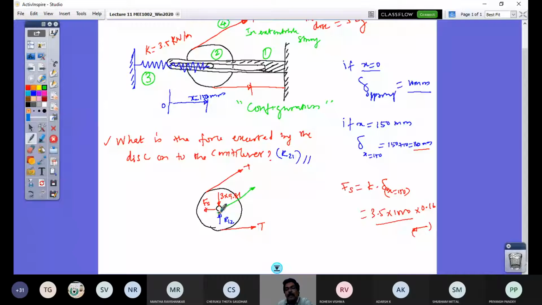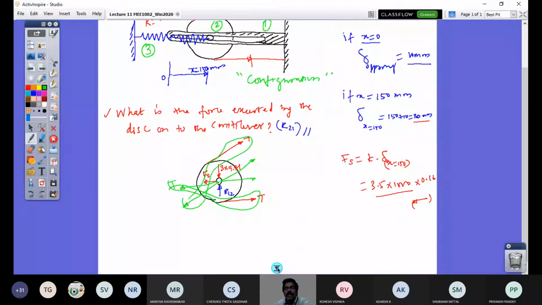and cancel the T, this forms a couple. T into R forms a couple, which is a clockwise couple. Similarly, this T, if I bring that parallelly to the center of the disk and cancel it to nullify it, these two form a couple. So this cancels, and my system reduces to a concurrent system of forces.